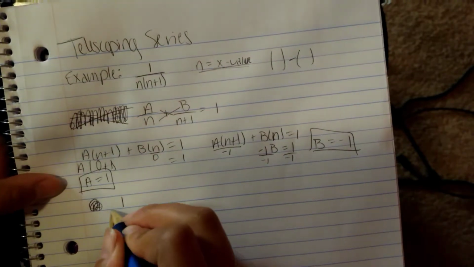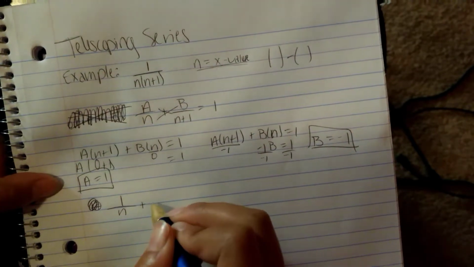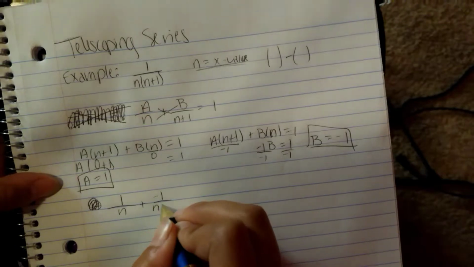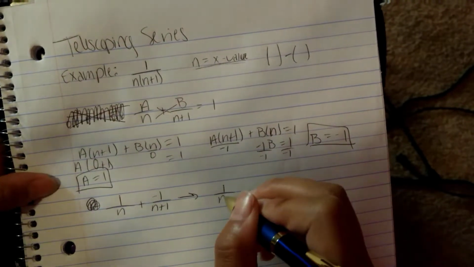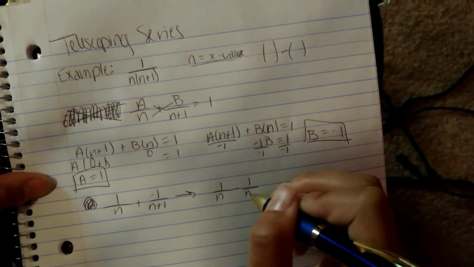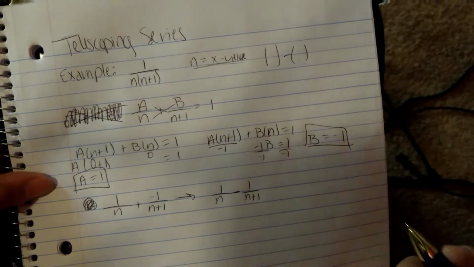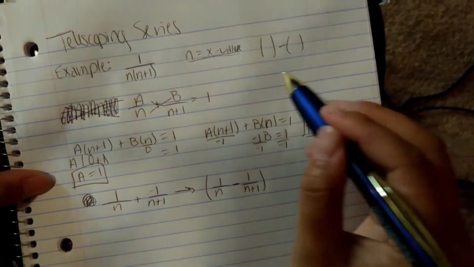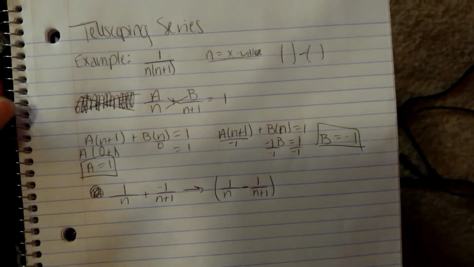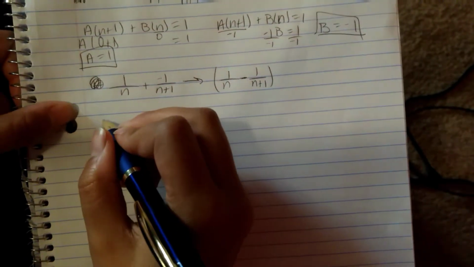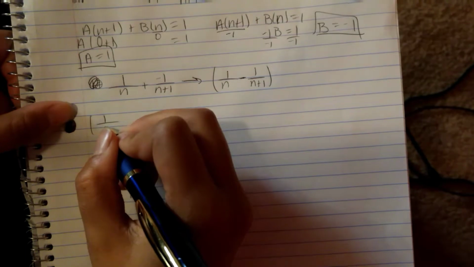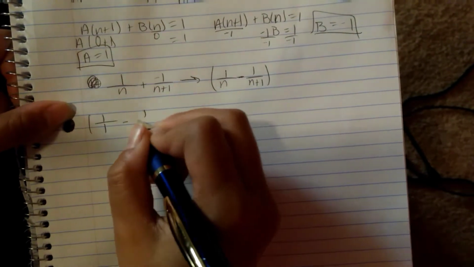So we have 1 over n plus negative 1 over (n plus 1), or 1 over n minus 1 over (n plus 1). Now this is in a form that looks similar to this, and we can work with this now as a telescoping series. So we'll start plugging in n values. So 1 over 1 minus 1 over (1 plus 1), which is just 1 minus 1 half,